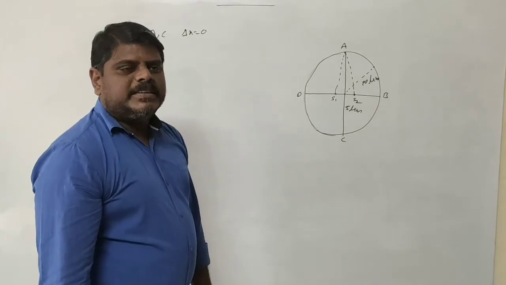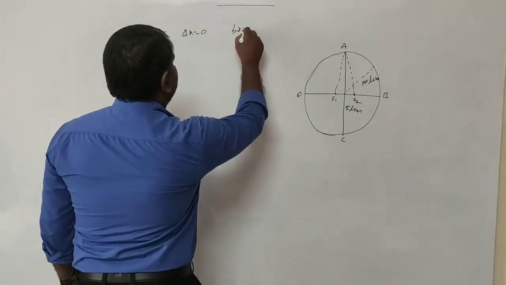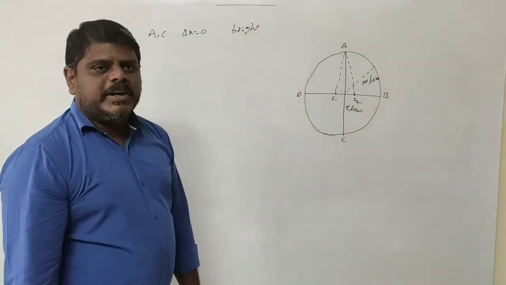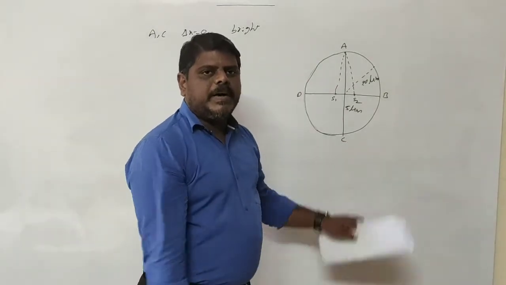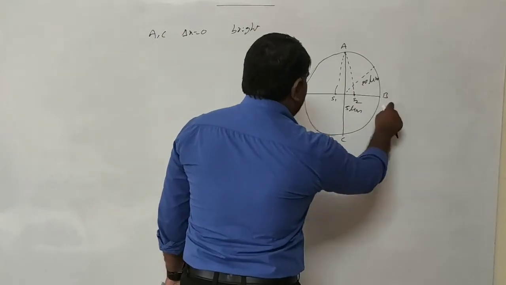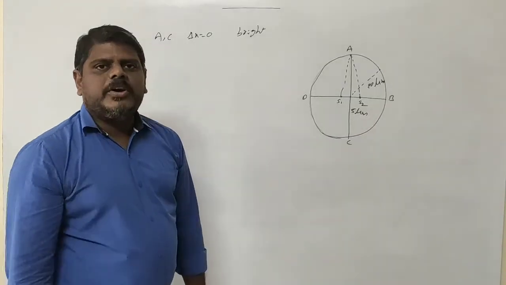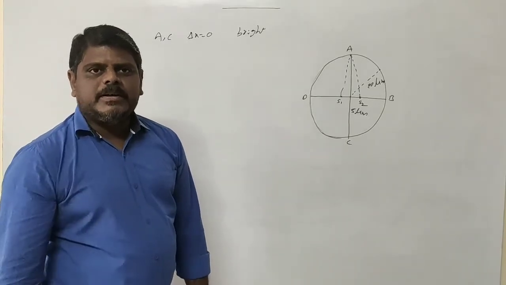If the path difference delta x is equal to 0, then you are going to have the bright band. At which points? A and C. No doubt, both travel the same distance, so the path difference will be 0. Next one, at D and B, what happens? Always remember that along the line of the slits, you are always going to obtain only the dark band. This is a very important point you have to remember.